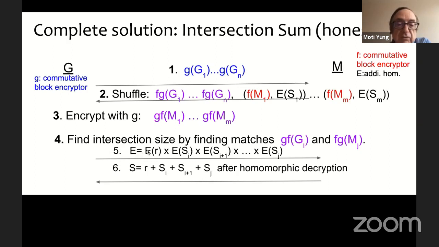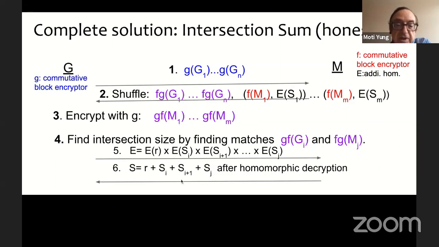G knows how to pick the right encryptions, multiply them, and get the encryption of the sum. He doesn't want to reveal it to M, so it blinds it with E of R, with a choice of R of the right size to blind the sum, multiplies E of R into the sum, and sends it to M.